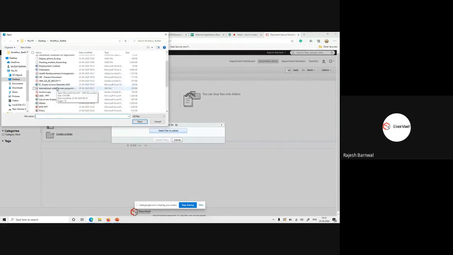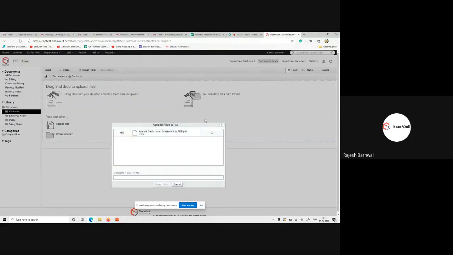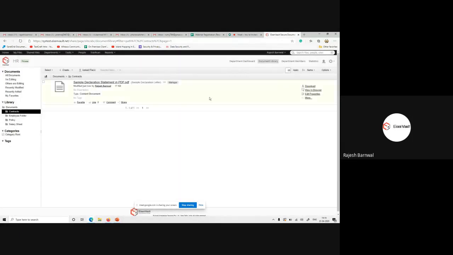I select any document, like simple declaration statement is now contract. So I open this file. The document is uploaded successfully.